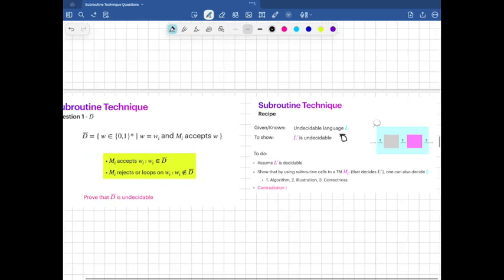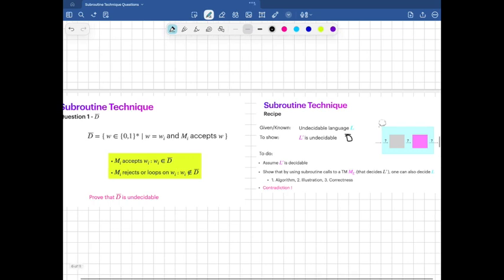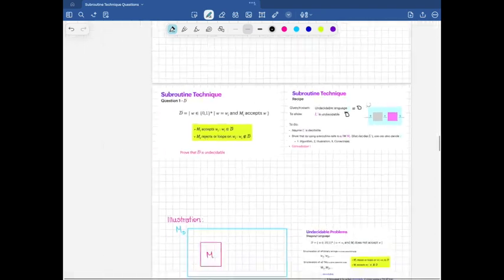Remember, we had the halting problem, the diagonal language, a bunch of other languages that we can use here. And how do we decide between them? The answer is that we try to look for the easiest option. And the easiest option, 99% of the time, would be the language most similar to the language that we already have. So here, the answer is simple. Because we have D complement, the most similar language to D complement is what? It's the language D, which is the diagonal language. So for L, we will use the language D,